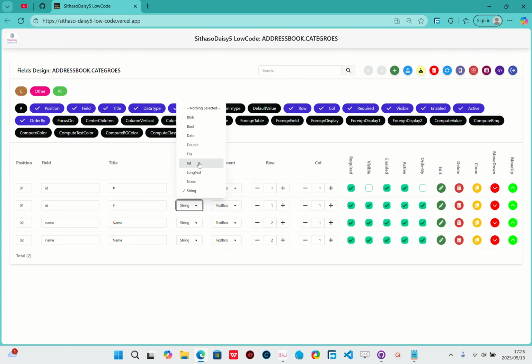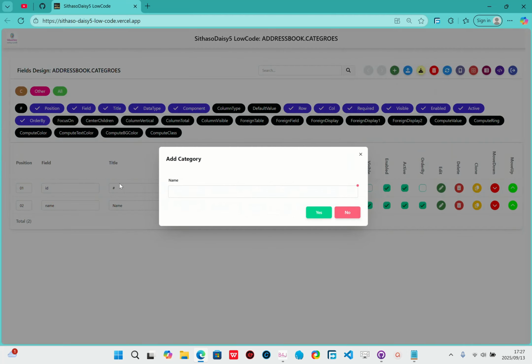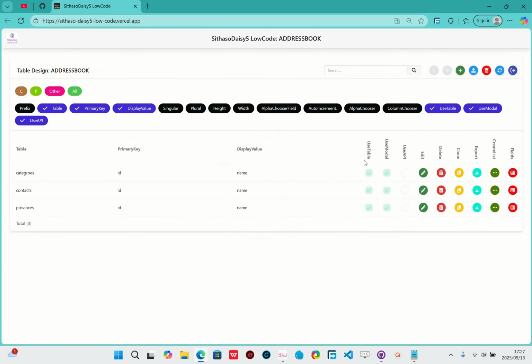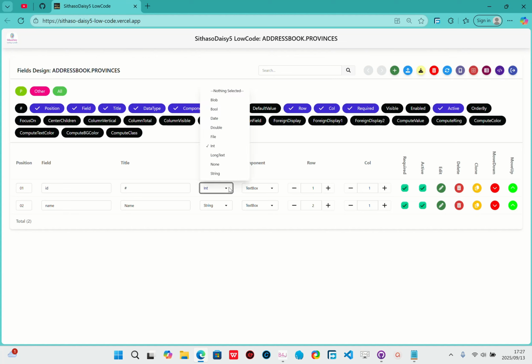Long text is long text, like when we have a text area where we want to capture a lot of information. So we have changed our primary key data type to be a string, because the ID is going to be a text value, which is going to be 15 characters long as generated by the application. So actually now we can see how our application will look like when we're using it. And also let's do the same for the provinces. Provinces, we go to fields, and then we change this to be a string